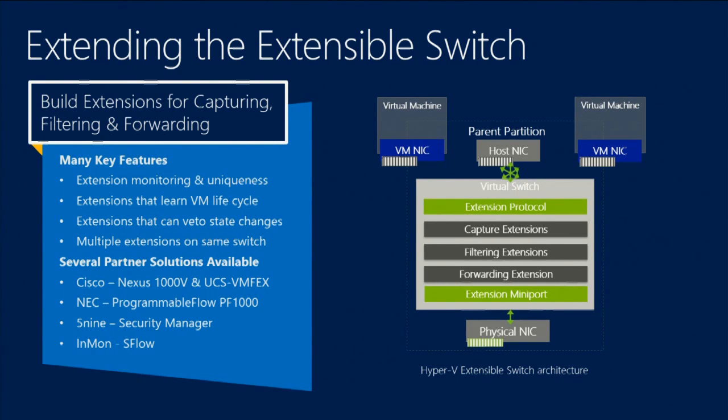And it's all standardized with Windows APIs and interfaces that partners and customers can write their own to map to their existing and their specific needs within their environments. Inmon, with their S-Flow product for monitoring, they would plug in at a slightly different level of the Hyper-V switch. But you can use them together or separately, it's up to you. But this is the power of the extensible switch. And this is very